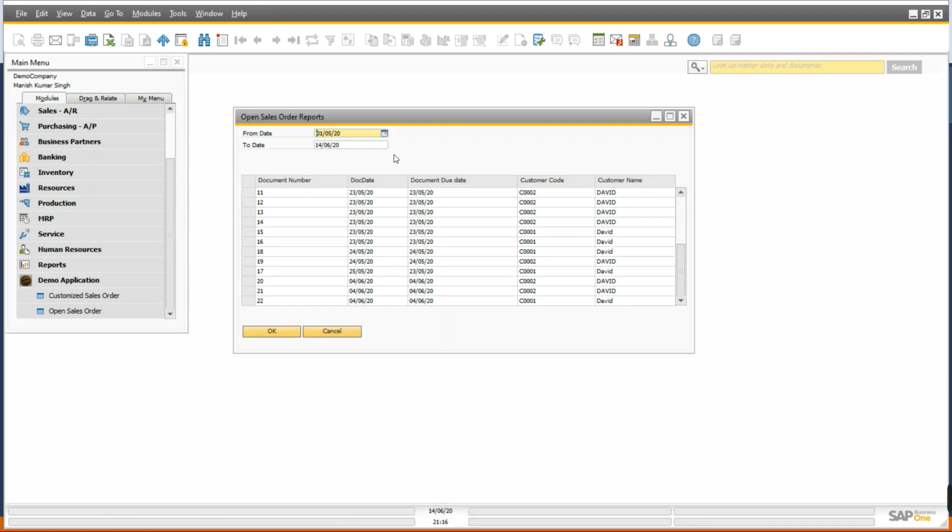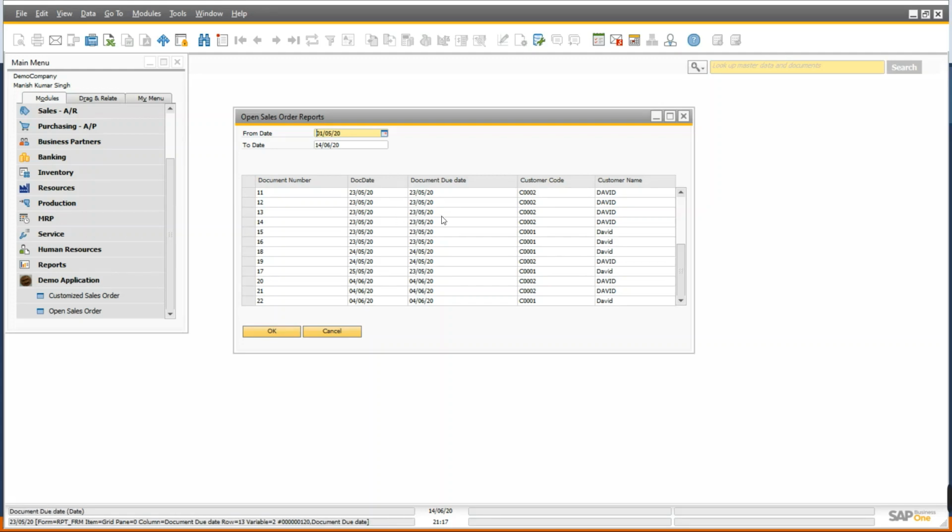And the user data source is the best option when you don't want to save data into the database and your structure does not look like a matrix or grid. In that case a specific field can be bound by using the user data source. So I hope you understand the use of the three data sources. First is DB data source, second one is user data source, and third one is data table.